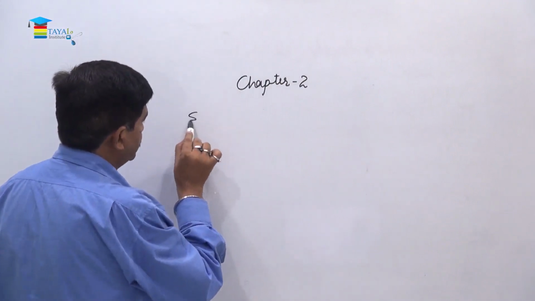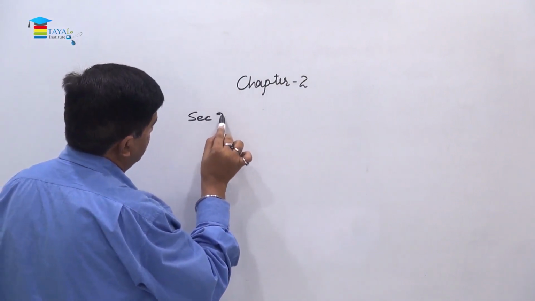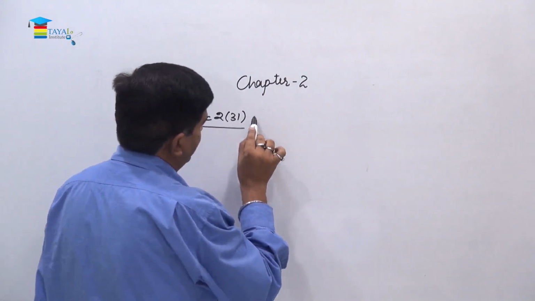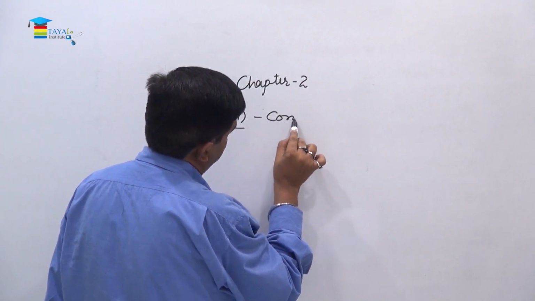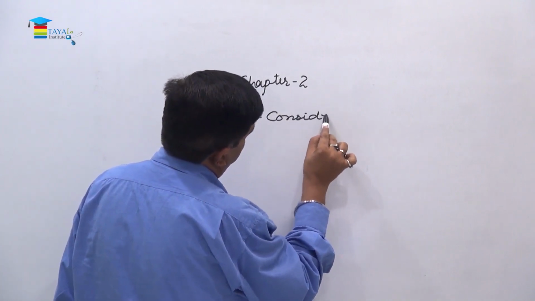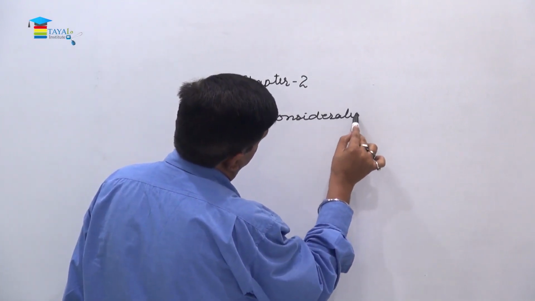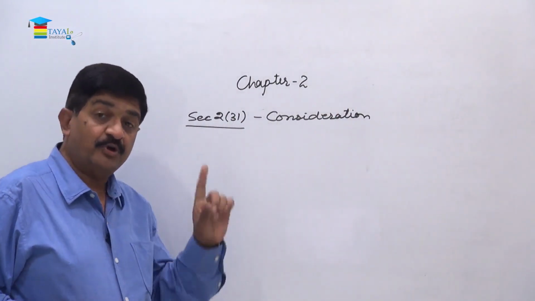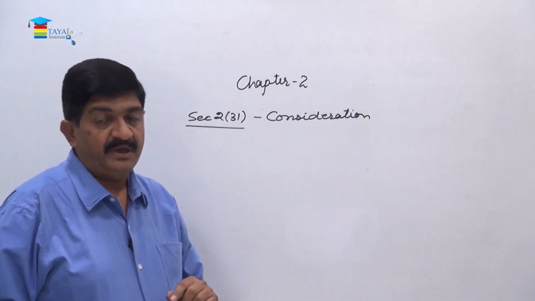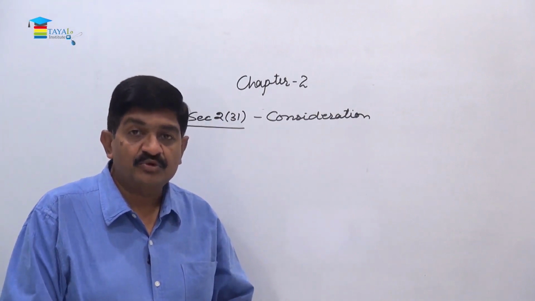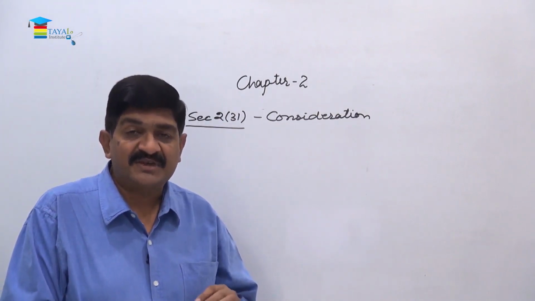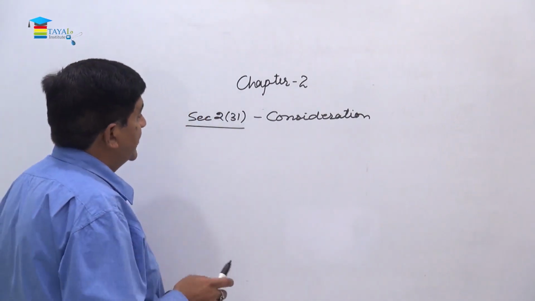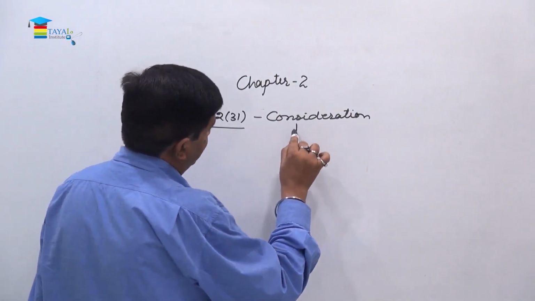Section 2, subsection 31, and the term is consideration. Why does the term consideration have to be defined? Just now we talked about supply. Generally in the course of business, supply becomes taxable when it is for a consideration. Right? Now consideration generally means